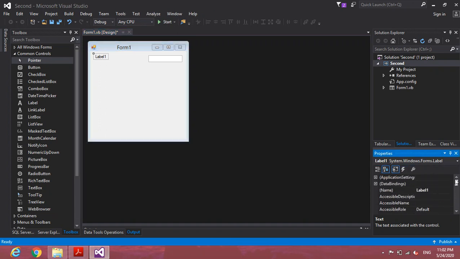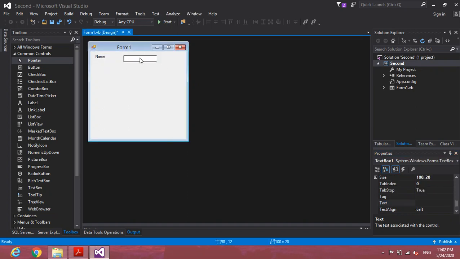There you can see the properties related to the label, and from here you have to change the text property, then name. Okay, save all, and now